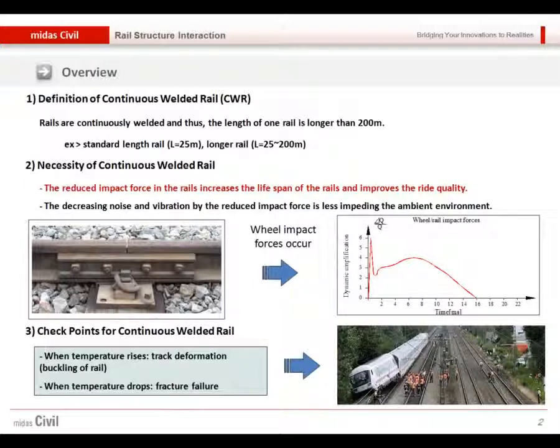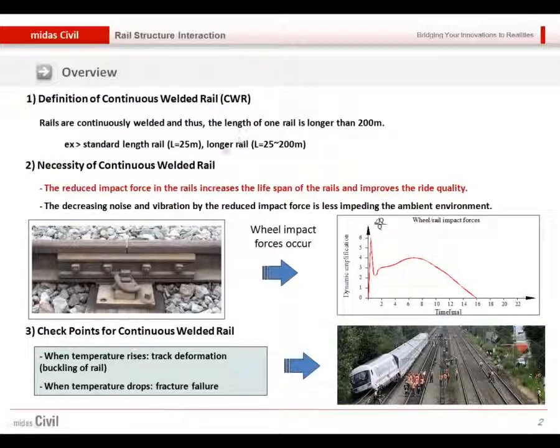Also, in order to increase the life cycle of the rail and for better smooth running, we prefer to have the continuous welded rail, which may be longer than 200 meters. And when we use this continuously welded rail, as its length is very long, we need to be very careful